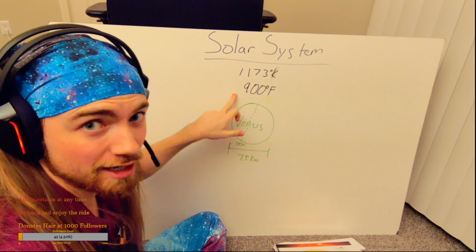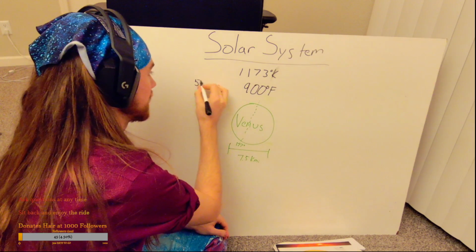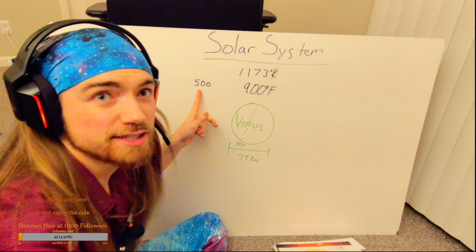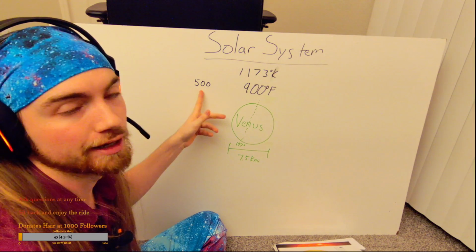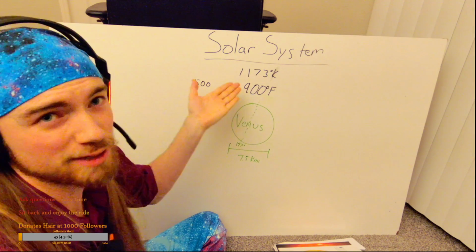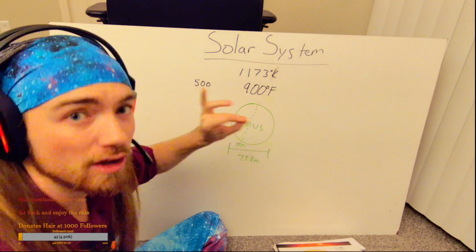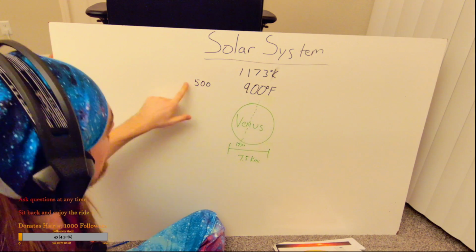Your broiler on your oven sits at about 500 Fahrenheit, and Venus is almost twice as hot as that. And it's that hot all the time. The reason is